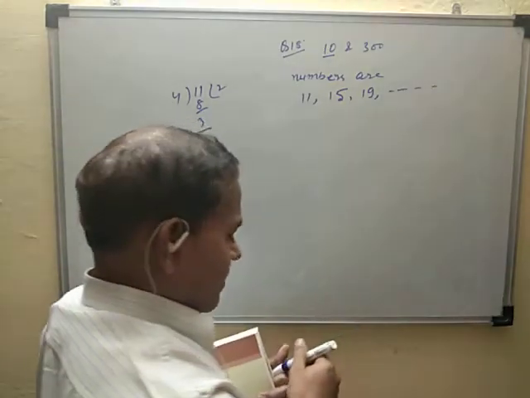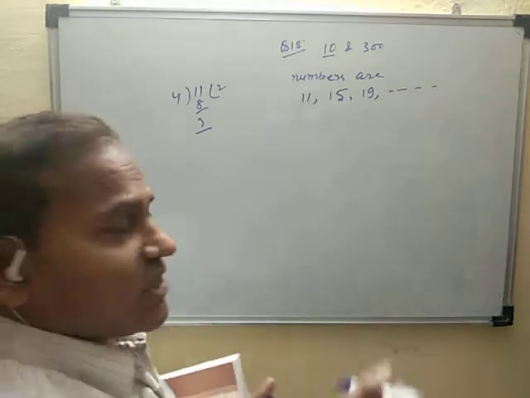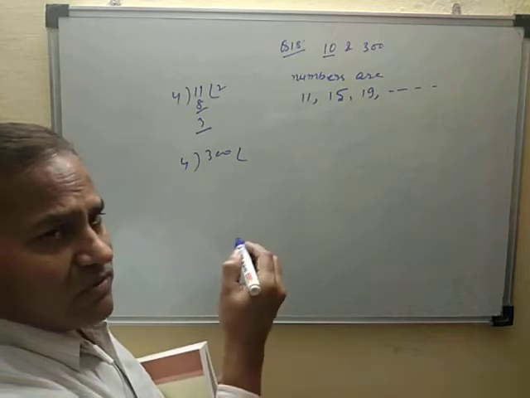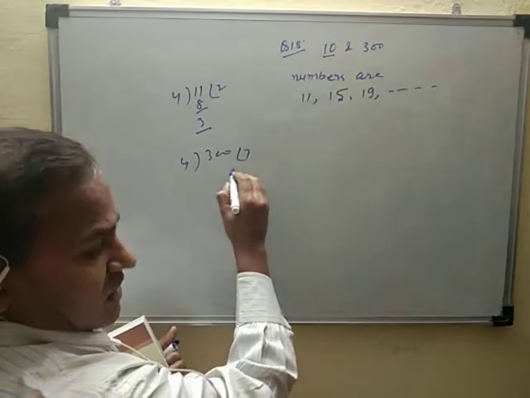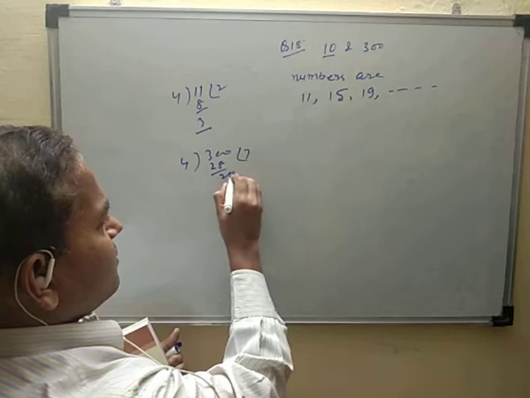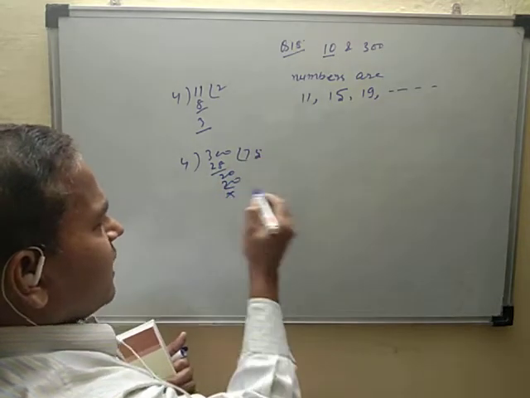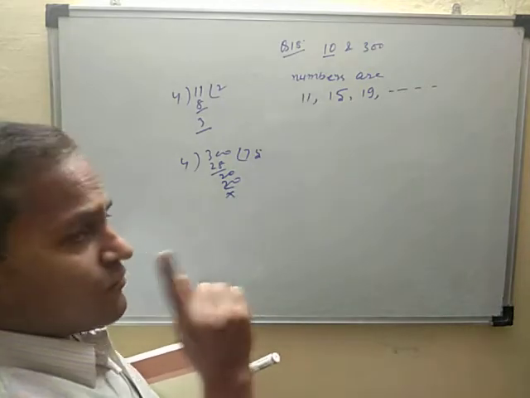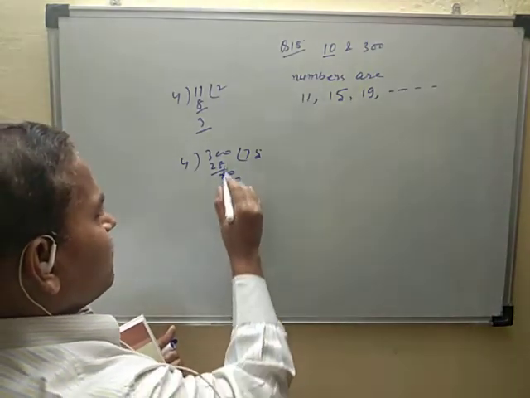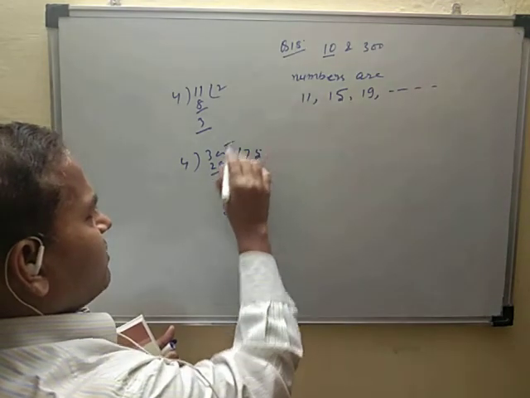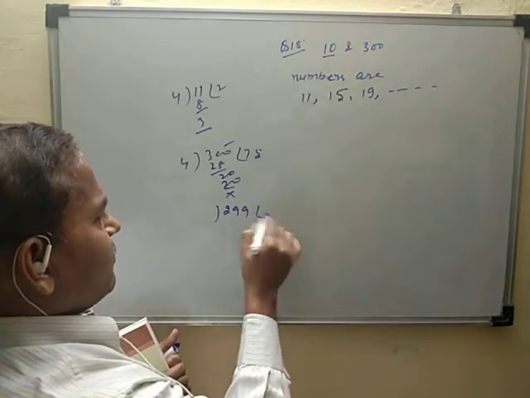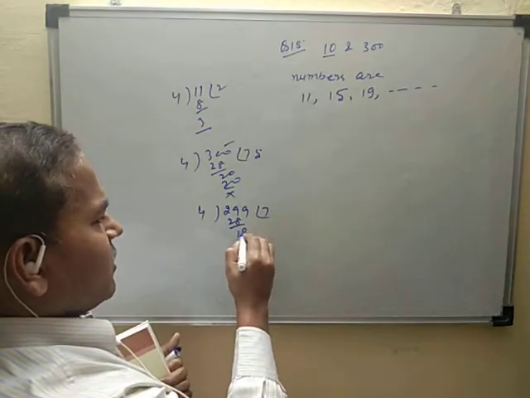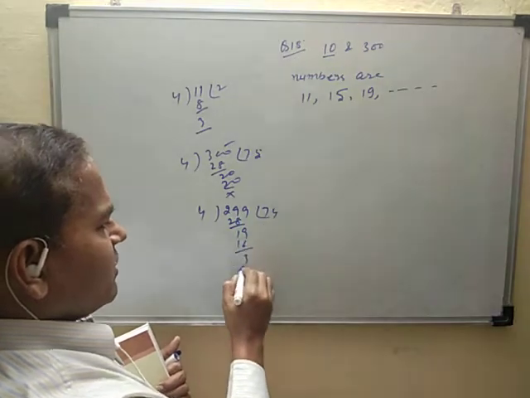What is the last number? Check that. The last number is 300. So when 300 is divided by 4, check what the remainder is. 4 sevens are 28, and 4 fives are 20. So 300 is cancelled, as the remainder is not 3 when divided by 4. So we subtract 1 from it, that is 299. When 299 is divided by 4, 4 sevens are 28, 4 fours are 16. The remainder is 3.